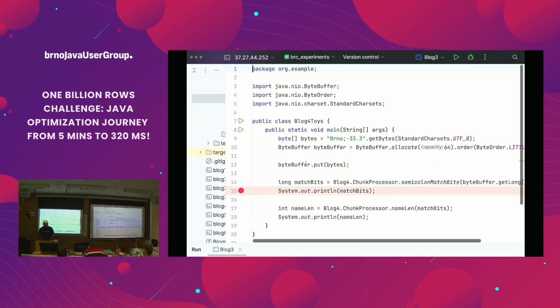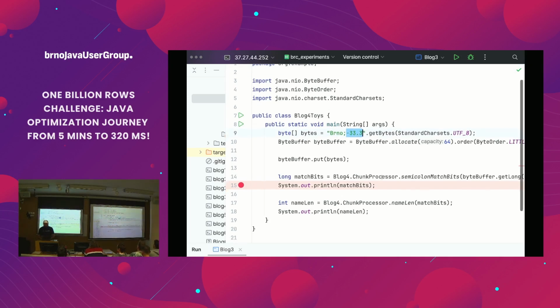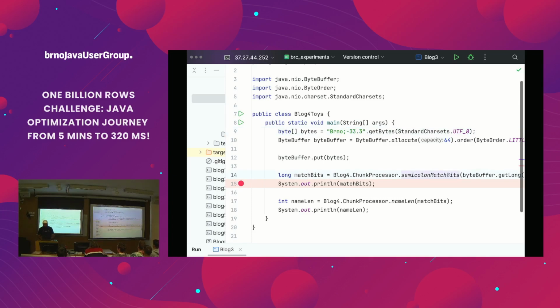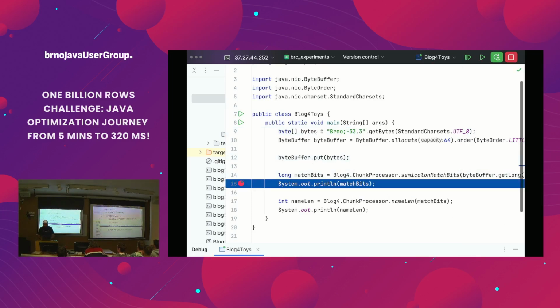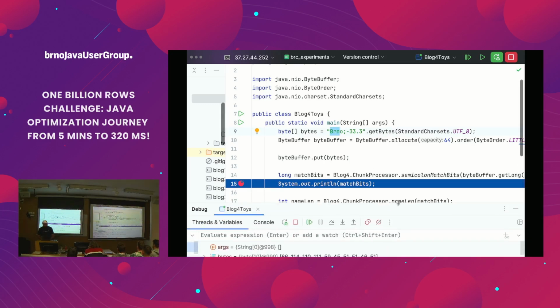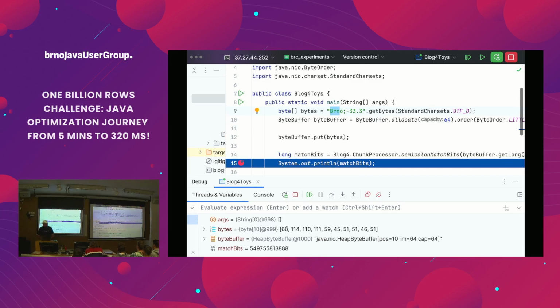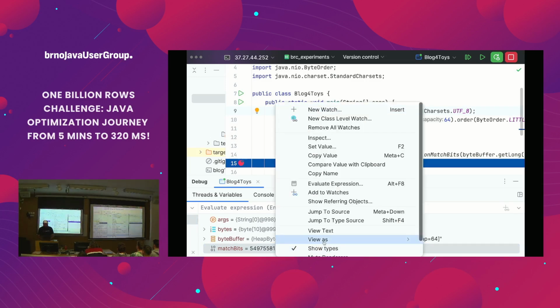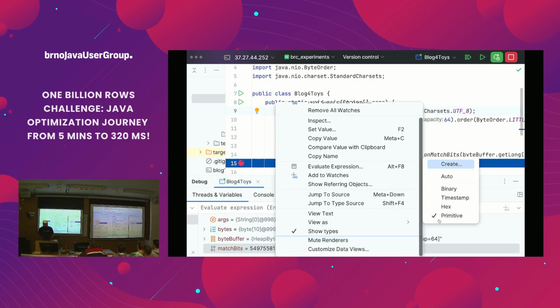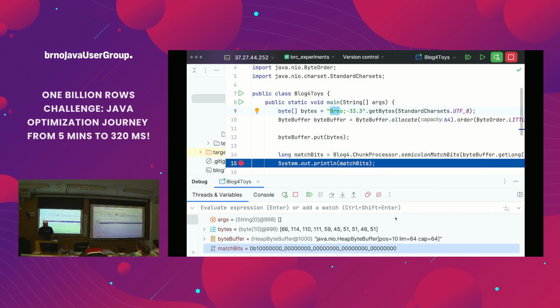I have this block for tests, where I have Brno, semicolon, -33, blah, blah, blah, and I call this semicolon match bits, and let's have a look at what happens. So Brno has 4 bytes, and then a semicolon. It gave me some number. It doesn't look cool, but if I view it as binary, it's more interesting, because let's calculate from the right.